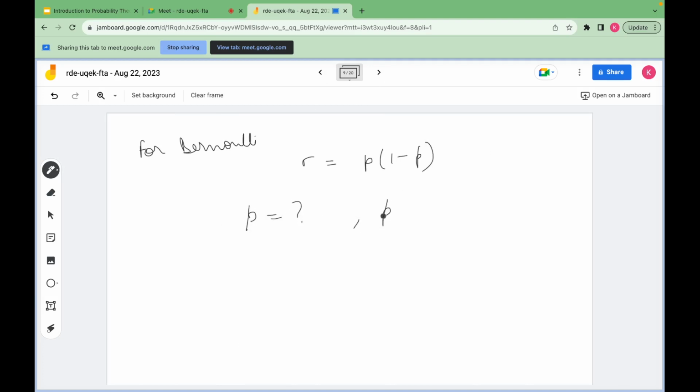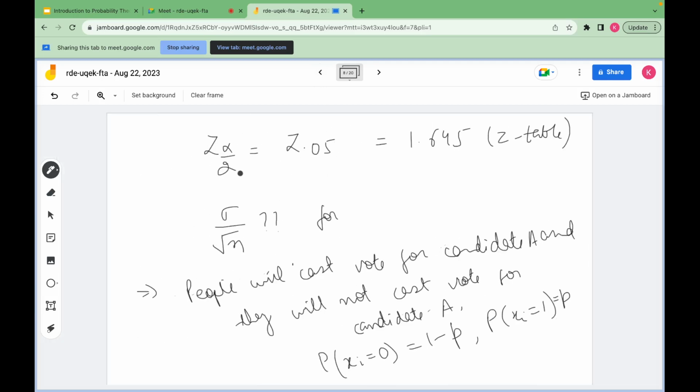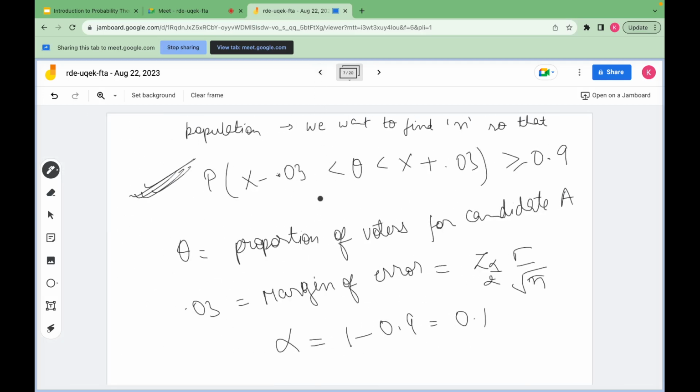If we take p equal to 1, then this variance will become 0, there will be no variance. But we want to find it for the maximum variance. If this sigma becomes 0, then there is no sense of calculating this n value, because